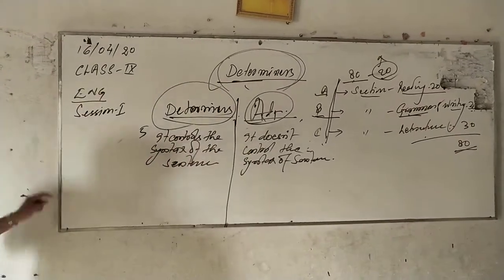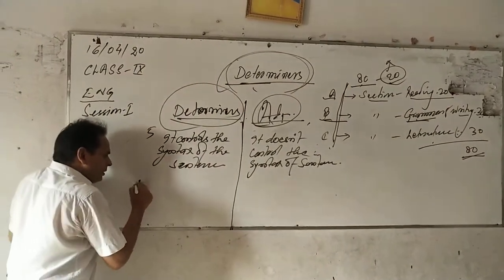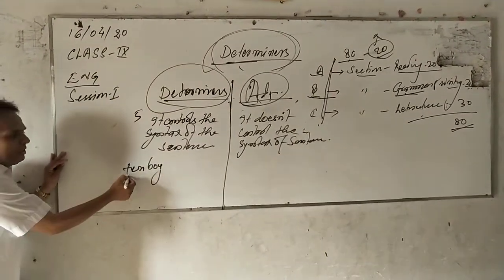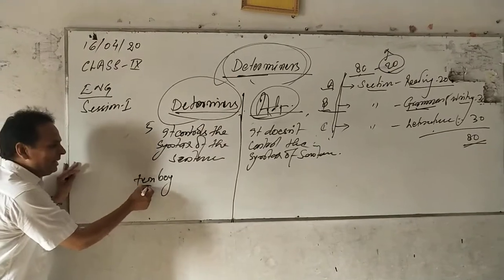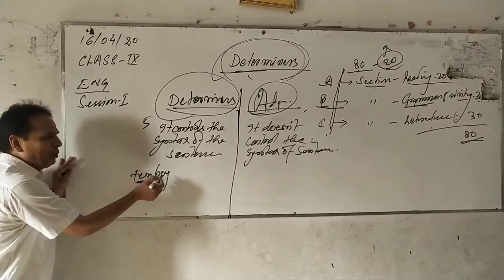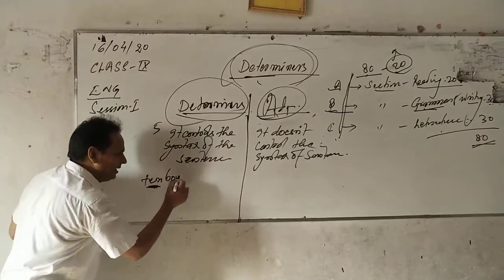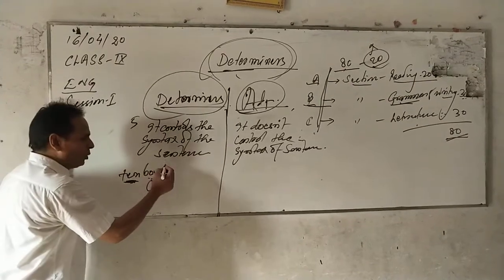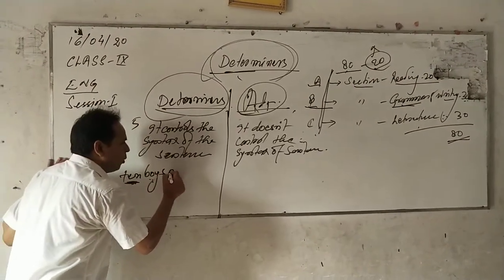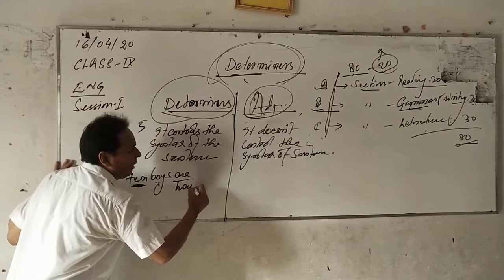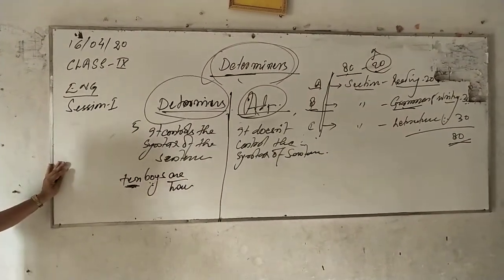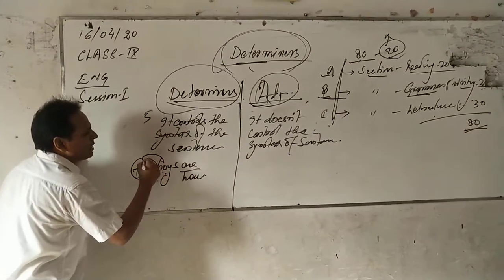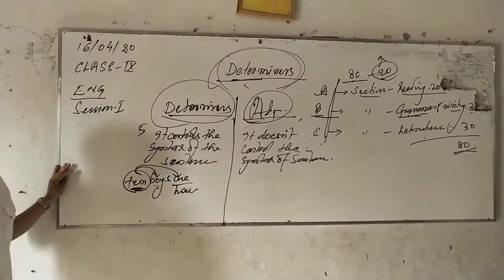As for example, if I write ten boys, it is because ten is a determiner. So when a determiner comes, it tells that the noun is supposed to be according to it. So we have to write ten boys, not ten boy. Once we have written ten boys, we have to write the plural verb. As for example, ten boys are or ten boys had, not ten boys has, not ten boy is. So a determiner strongly controls the syntax of the sentence.